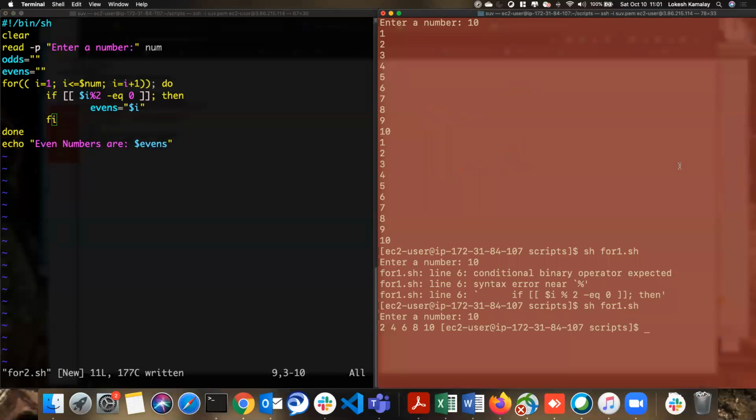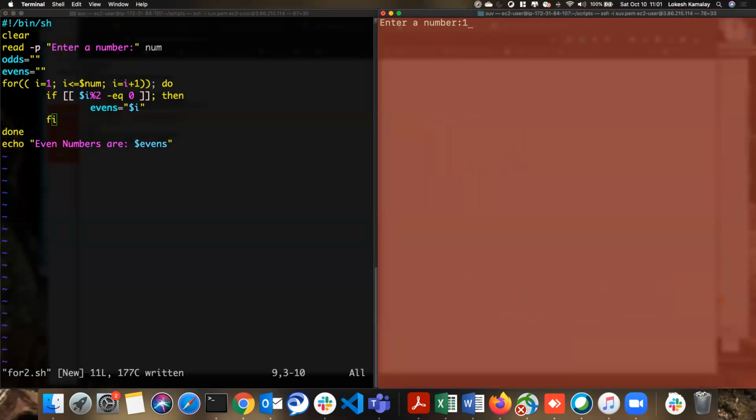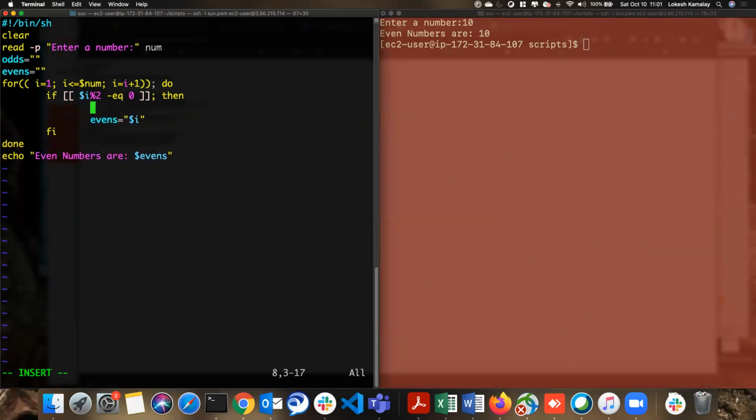See, so now let me run this, sh for2.sh. What is it printing? Is it printing even numbers or just 10? It's only printing 10, right? Not all the numbers. So I wanted to store, so maybe let me print here. Okay, so print, not print, echo, even is